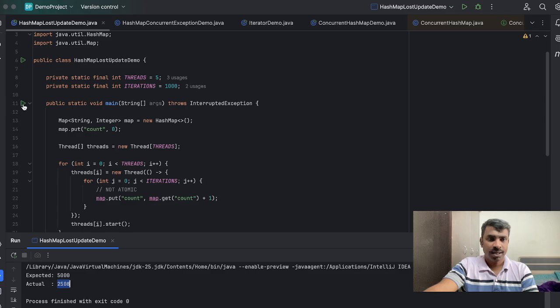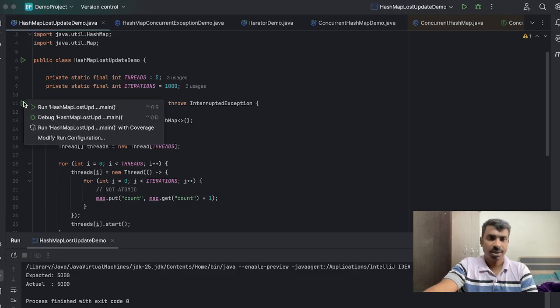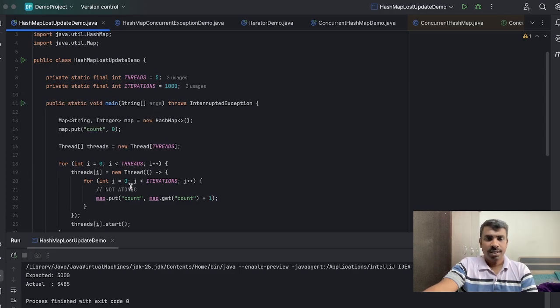If I run it again, here I got 5000. So you see the misbehavior of HashMap. Each time I run, it may give a correct or wrong value. Sometimes it is giving correct, but now it is again 3485.